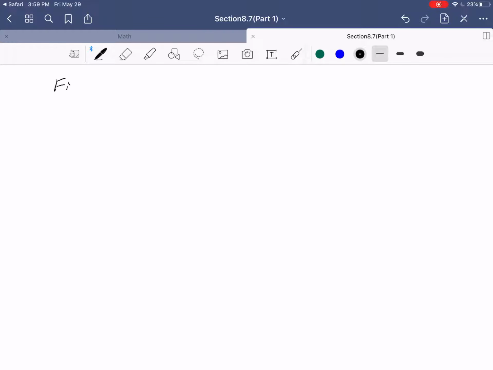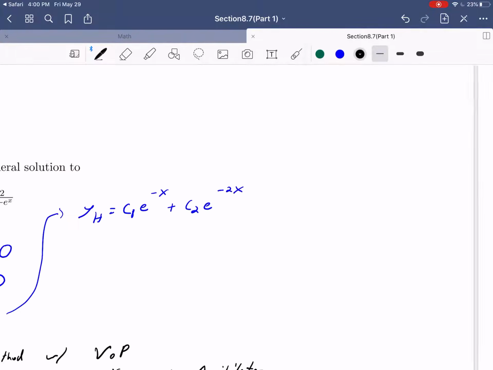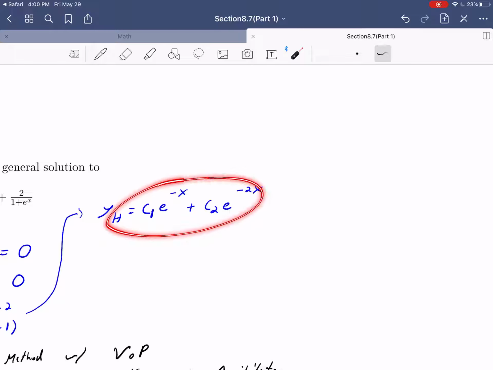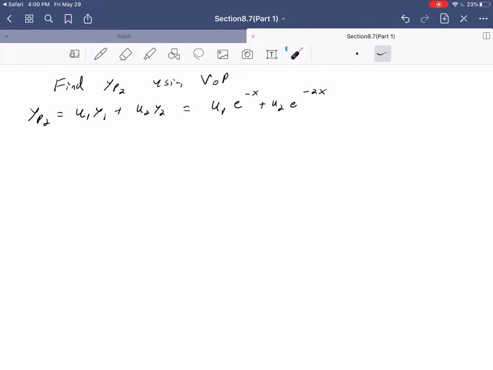So now we want to find yp sub 2 using variation of parameters. Okay, so yp2 should be of the form u1 y1 plus u2 y2, which means it's going to be of the form u1, our y1 here is e to the negative x, plus u2 e to the negative 2x. Again, I'm just getting those from looking at the homogeneous solution, treating c1 and c2 to be 1 and looking at those as basis elements, where u1, u2 solve